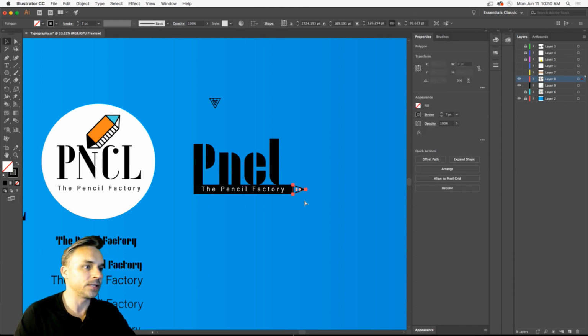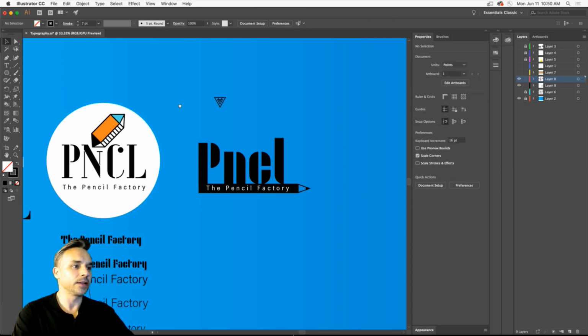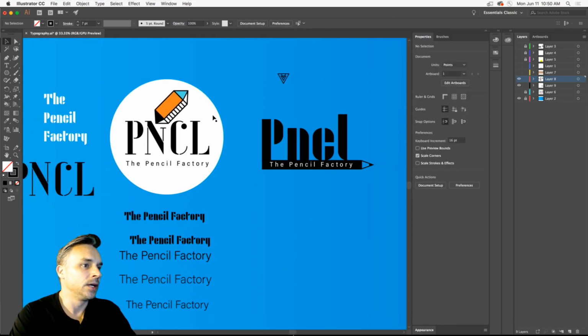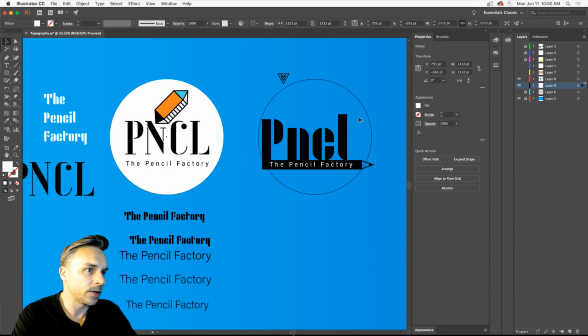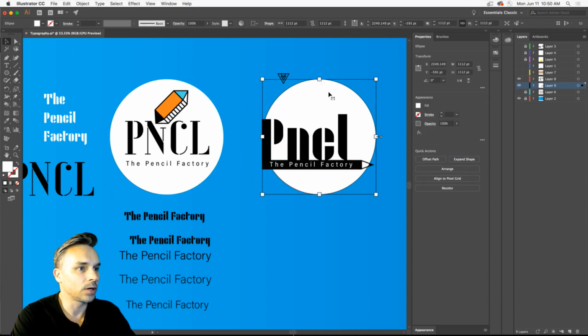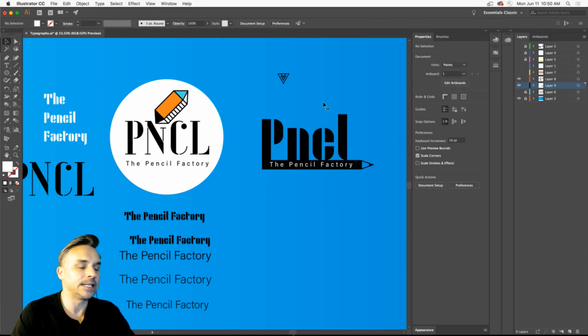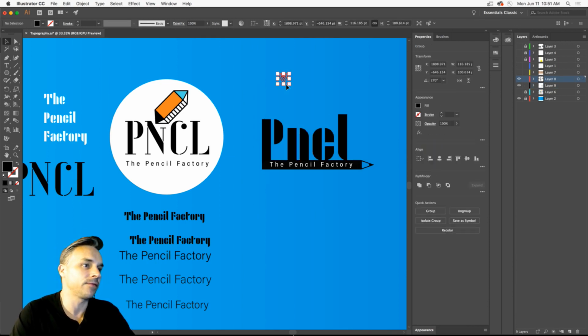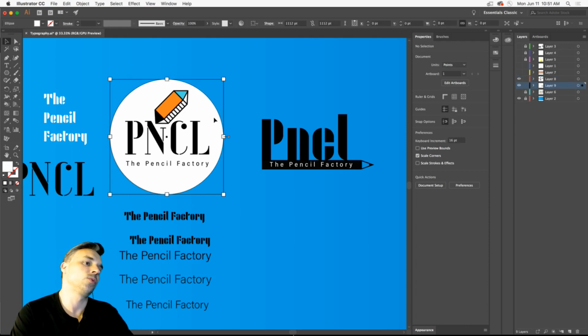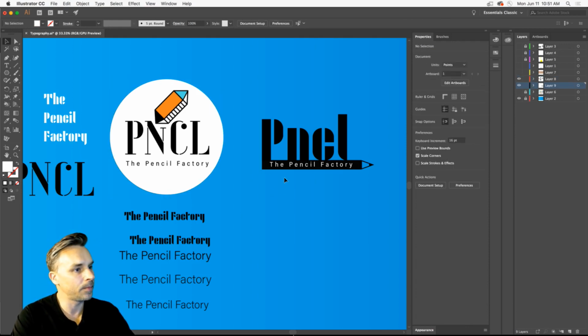Do I disconnect it there? Do I move that in? I think that's pretty good. I think we have two that we could potentially use. Maybe I still want to use this circle. Does it work? Does it not work? Does it need to have anything behind it? But I'm going to have you vote on which one you like best.